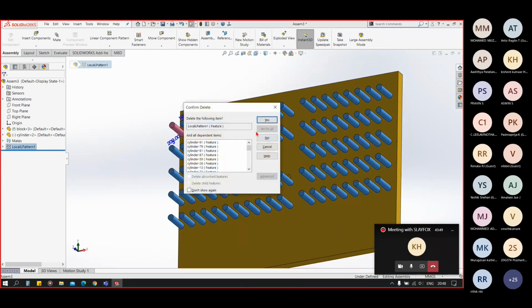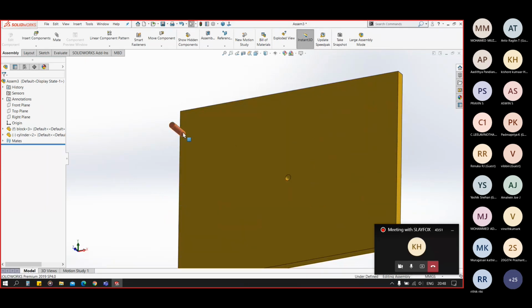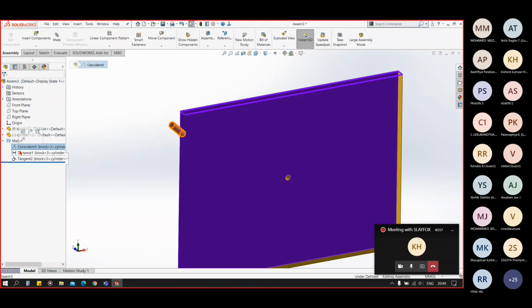Now let's go for the circular pattern. Let me mate this according to our example.